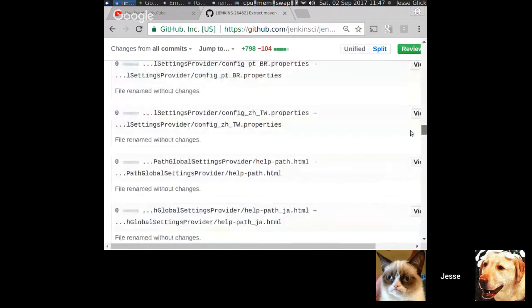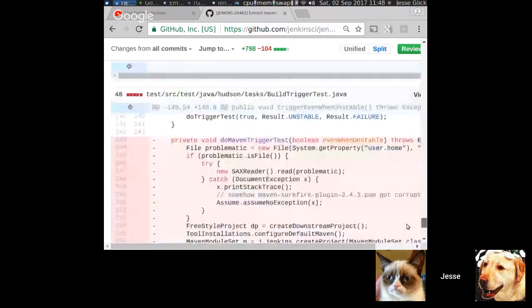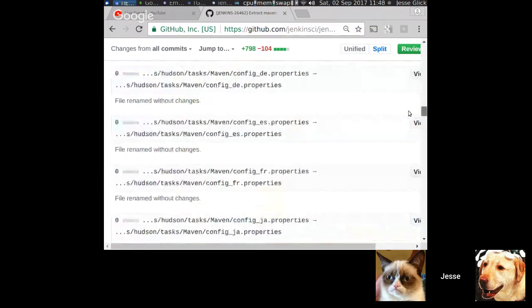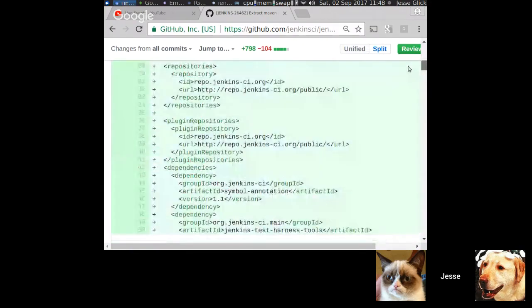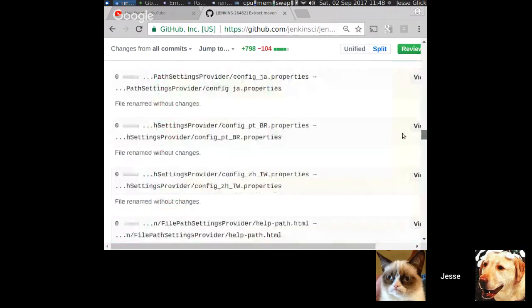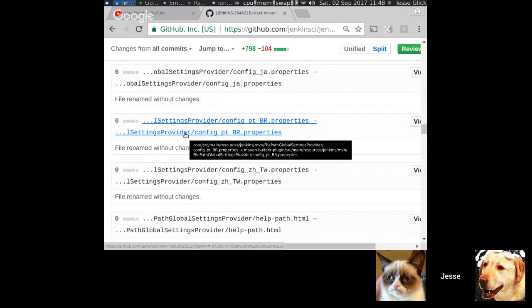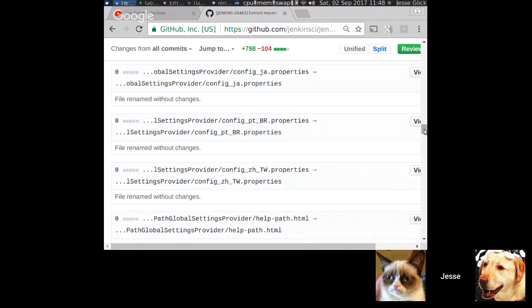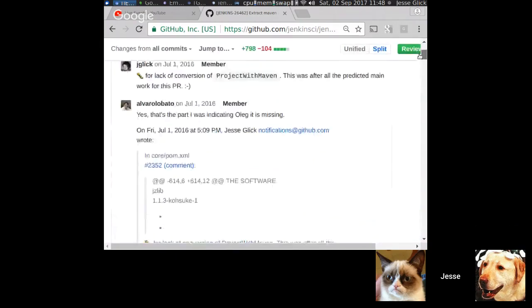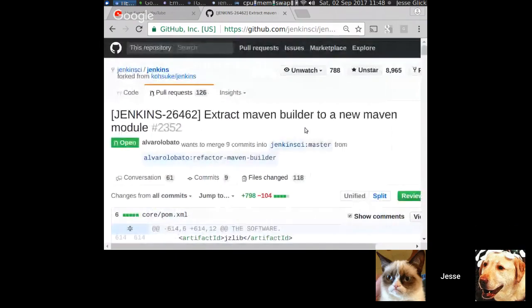Sort of the first stage was doing a bunch of reorganizations. You can see that most of this patch is actually moving files around, so that we're moving files out of the core part of the source tree into a new temporary plugin in the Maven reactor. That's just to test the effects of making it into a plugin without having a git diff, which is basically